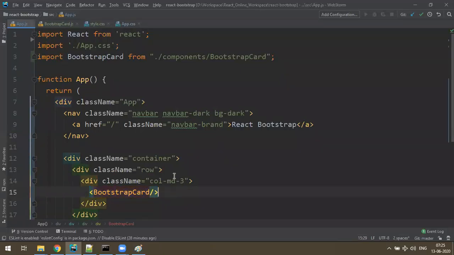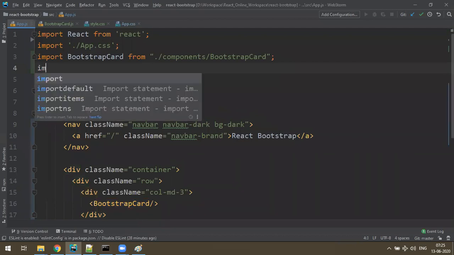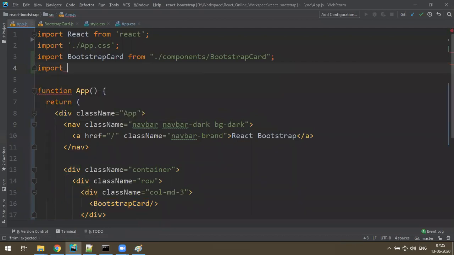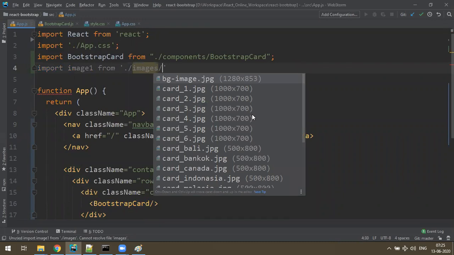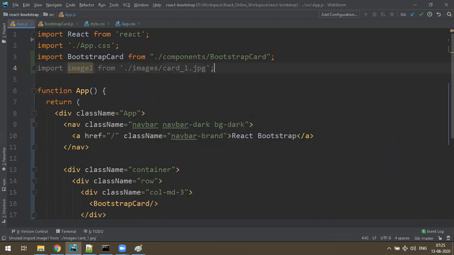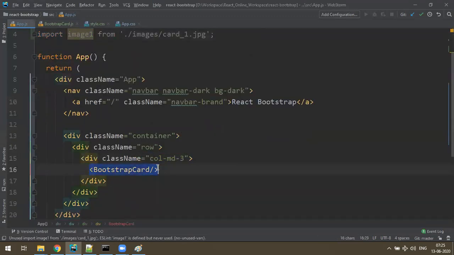here. That looks good. Okay, so let me load the image. You can write like this: import image1 from ./images/card1.jpg. I think you might have known, right? Earlier here, logo.svg something was there, so it was imported in this way. So import image1 from this one, and this image1 I want to pass to this bootstrap card. How to pass?